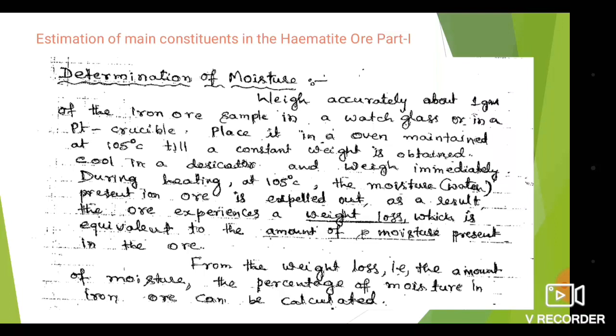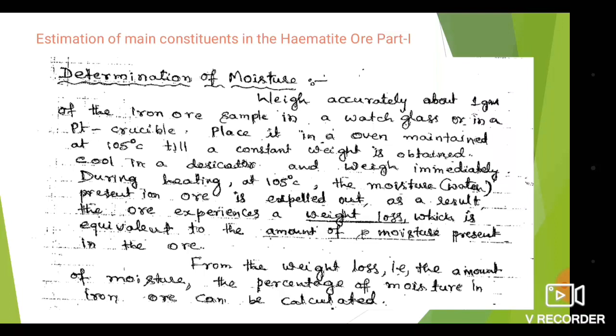Keep the ore sample in a platinum crucible. Weigh the platinum crucible first, take the known weight of this ore sample, and place this crucible in the oven, which is maintained at a temperature of 105 degrees Celsius, because evaporation of the moisture takes place at 105 degrees Celsius. So we keep the oven temperature at 105 degrees Celsius, and then whatever the moisture content in